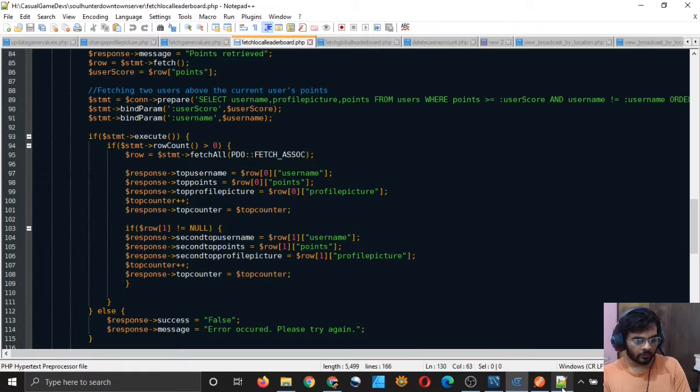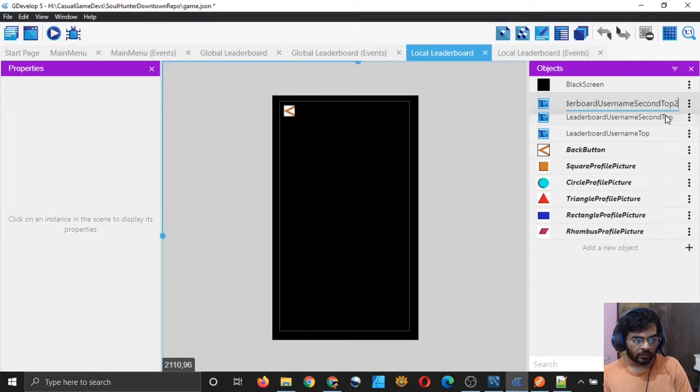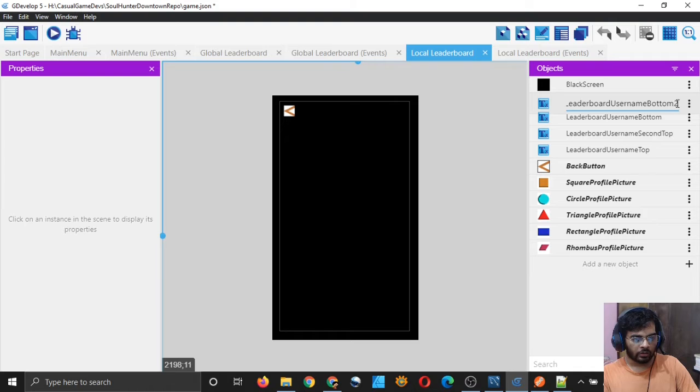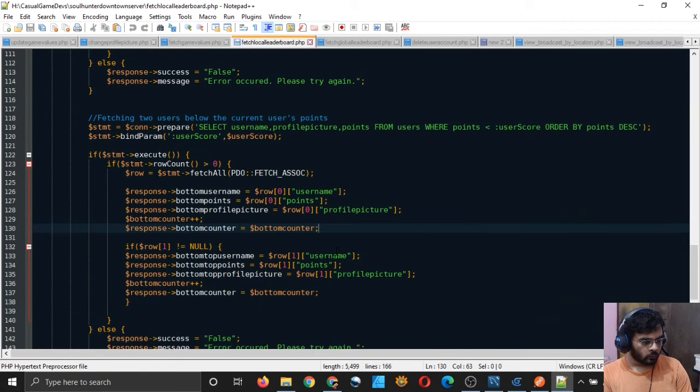Is that what I am calling it? Yeah, second top. And then duplicate it again and call this one bottom, and then duplicate it again and call this one top bottom, second bottom, or is it top bottom? Top bottom, bottom top.